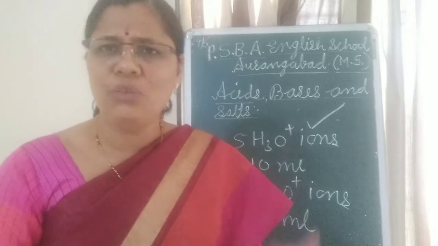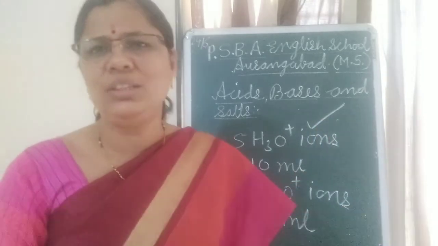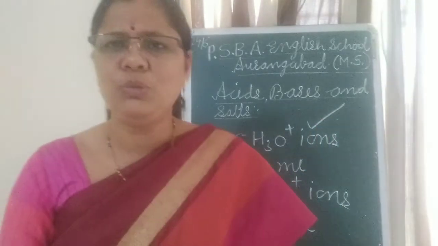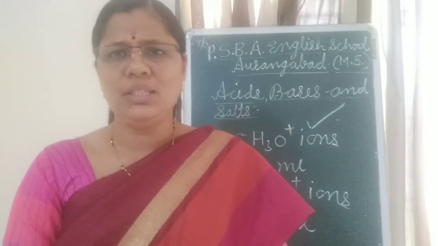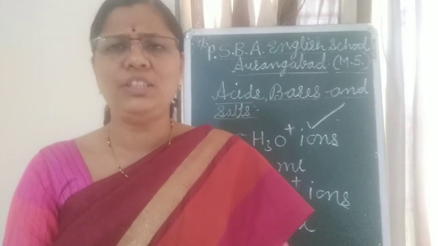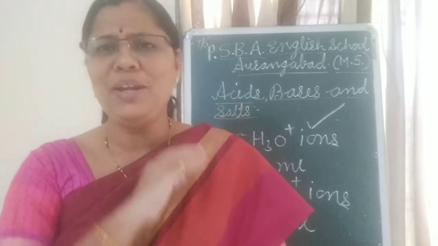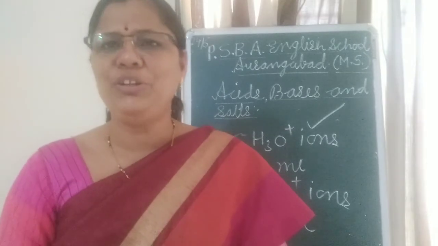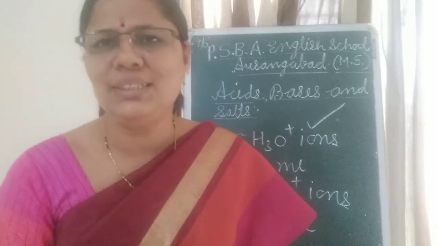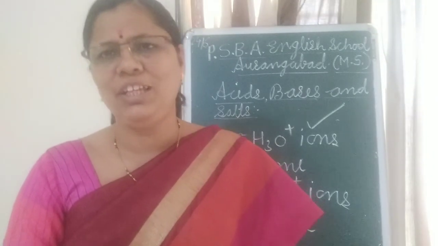Same goes for NaOH also. Instead of acid, if you perform this activity, actually this activity is not given in the textbook, but for your understanding I have told you. Even 5 ml of HCl will not contain only 5 molecules of HCl, n number of molecules will be there. So only for understanding in a calculative manner, you will better understand this concept of how the concentration decreases per unit volume. That's why I have taken it.